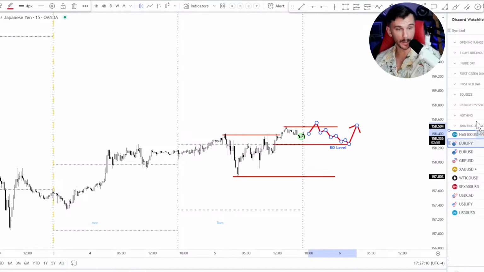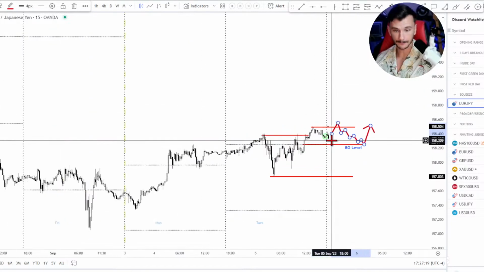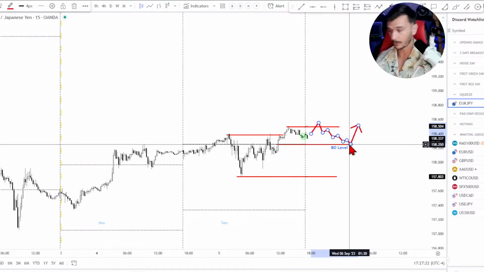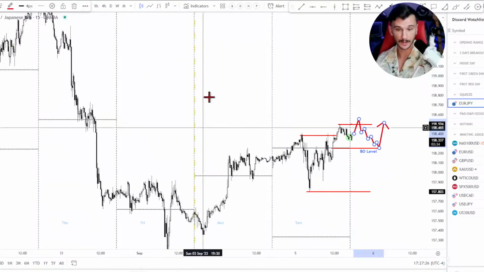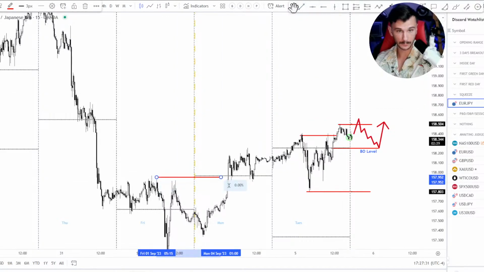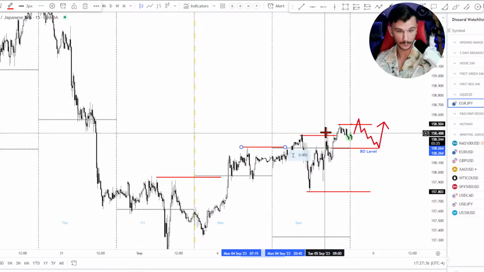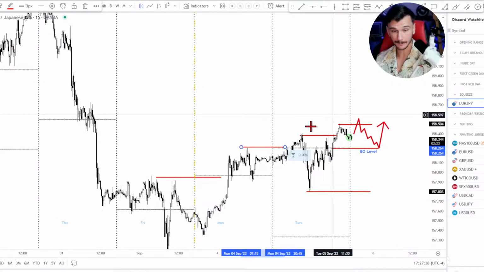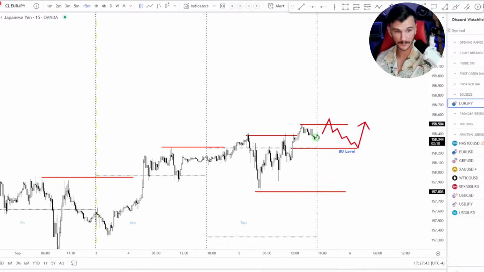Okay, Euro JPY is going to go into the squeeze. I think that's going to be maybe a short squeeze to continue the trend, maybe on Wednesday. We'll see. Depending on how it looks when I come to the session tomorrow, will tell me a lot more information. We have had a move down, push one, push two. Okay, that's what I've got.